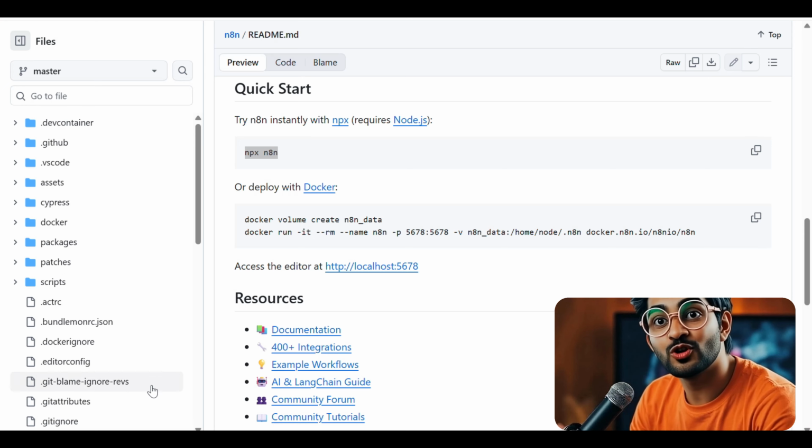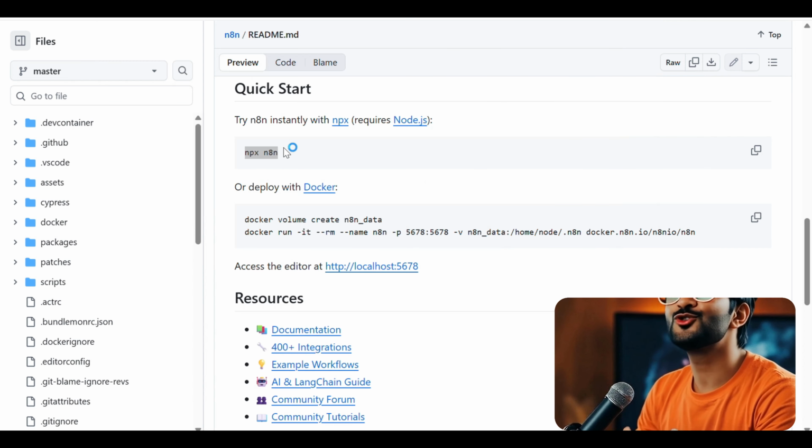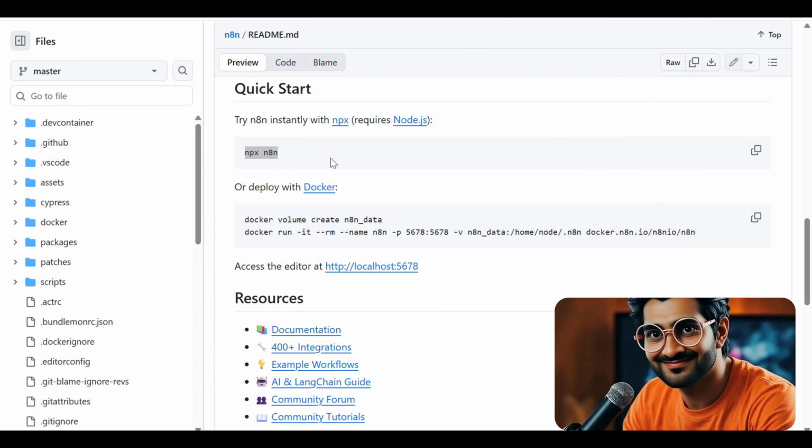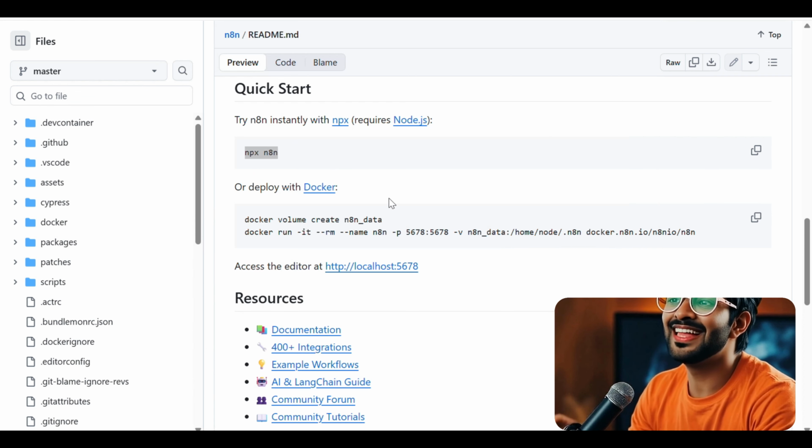You can check my Docker installation video if you need to. How to get it installed? The process is pretty straightforward. You'll need to have Docker Desktop installed. Once that's ready, a few simple commands will get you up and running. You'll use docker volume create n8n_data to ensure your workflow data persists. Then, you'll run a command like docker run -it --rm --name n8n